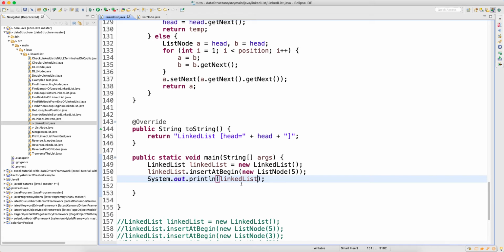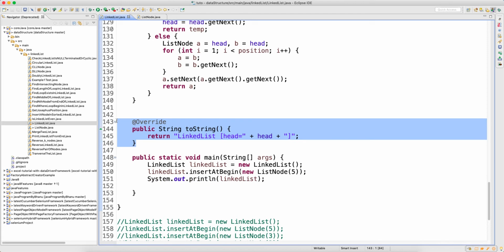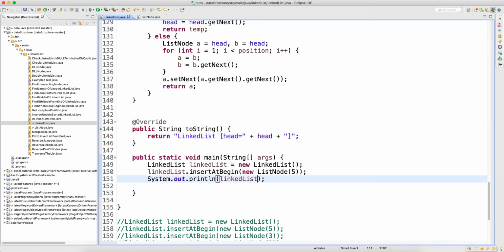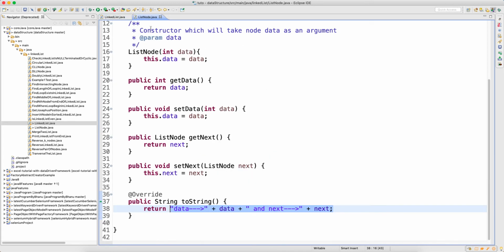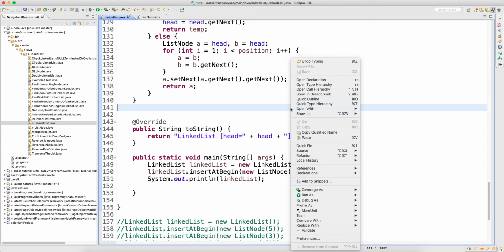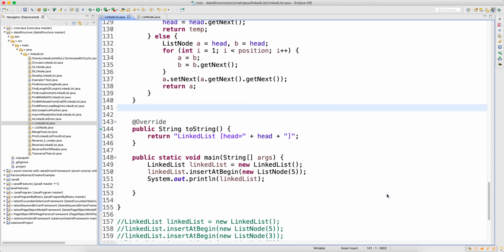So when object dot toString gets called on this object, this one will get executed, and this internally has one more object, right? Because when I'm doing that insert at begin, I'm adding one object. So even on this object, by default your toString will get invoked. That way you can see the data, what the data storage is.